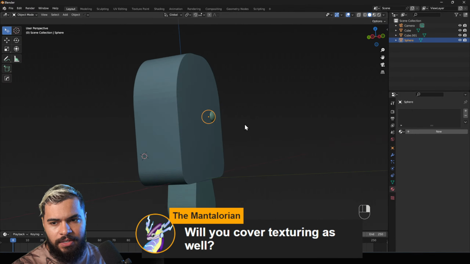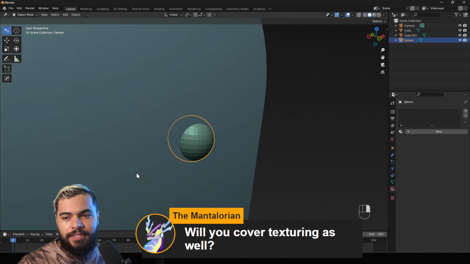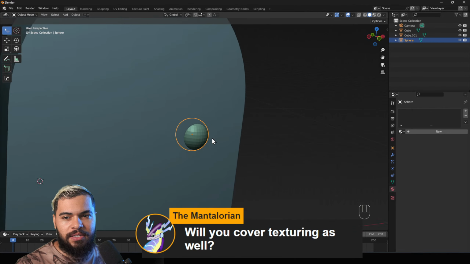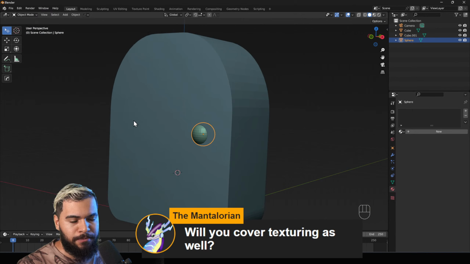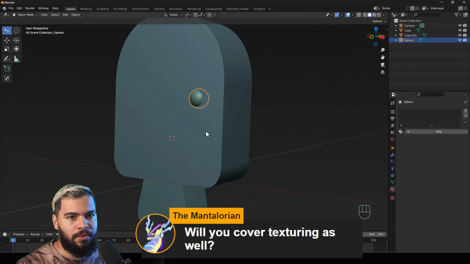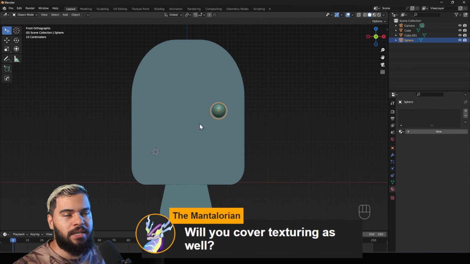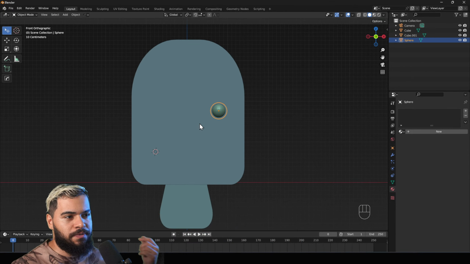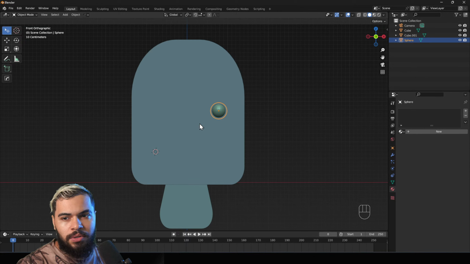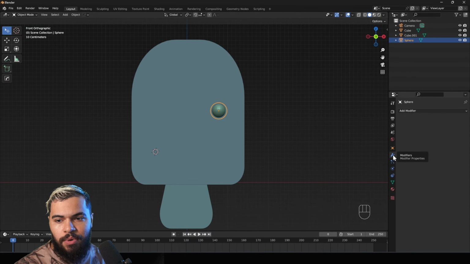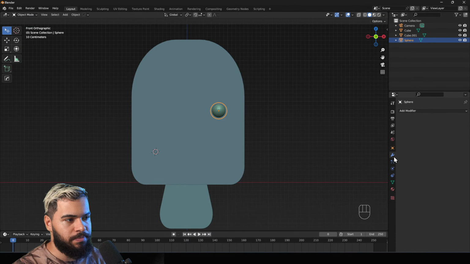Here we have the eyes. Alright, the eyes are there, and this is the very nice thing, guys, that I really love here on Blender. Remember the techniques that I was used to do in Affinity about using the mirror thing? Here on Blender, you can go to the modifiers. Can you see my mouse?